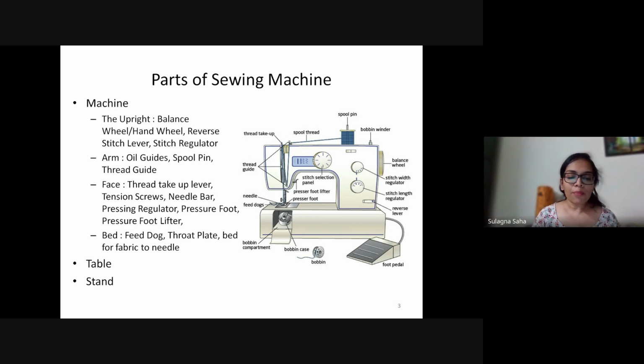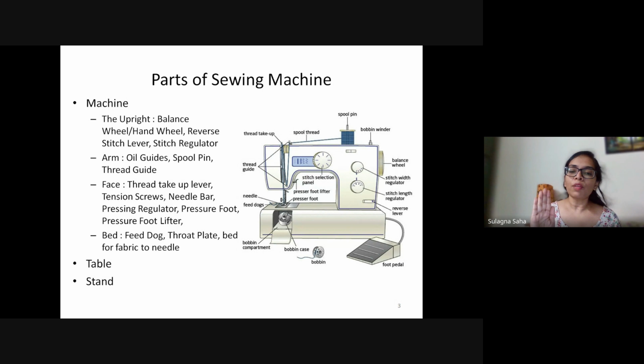So essentially, there is a very clear direct link between your feed dog and your stitch length. So how does the feed dog work? As your needle pierces the fabric and goes inside, the feed dog moves down, and only the pressure foot is in contact with the fabric.